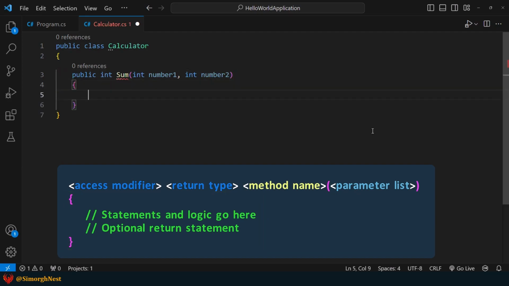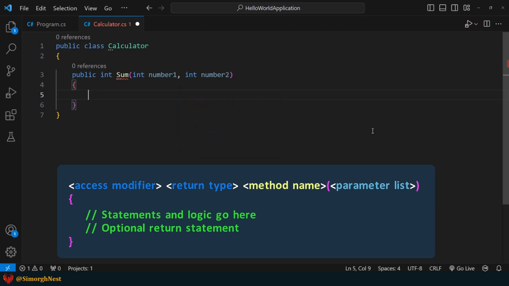The method body contains a series of statements that define what the method does. These statements can include things like creating variables, doing calculations, making decisions, and repeating actions.